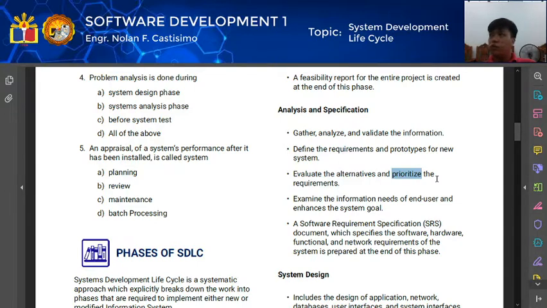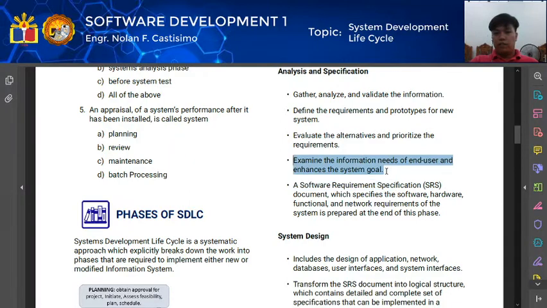Okay? So, for example, sa isang enrollment system, okay? May enrollment system na tayo, pero wala ka namang database. Oh. So, paano yun? Diba? May system ka nga, may enrollment ka, pero wala kang database. Paano gagana yung system natin? Paano yung ma-store? Ayan. So, kailangan natin i-prioritize yung requirement ng isang system. Next,